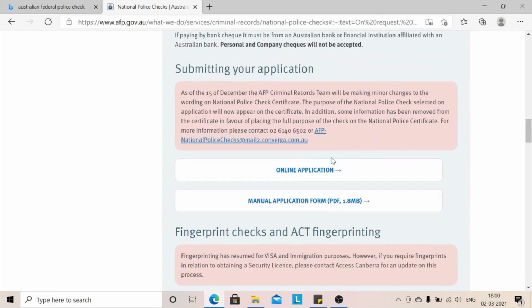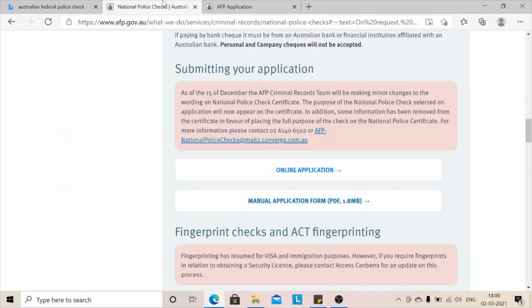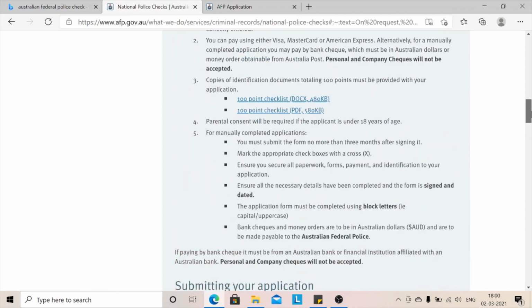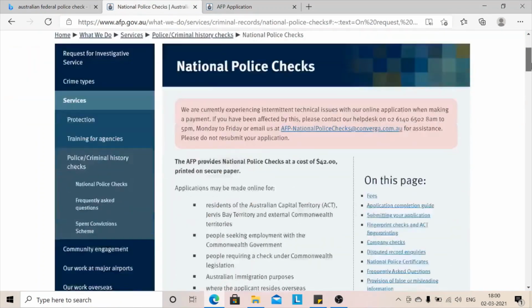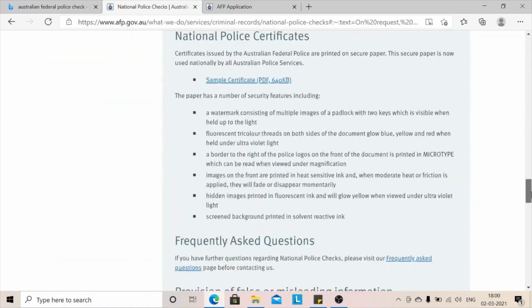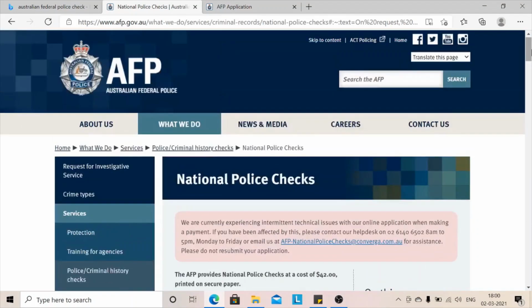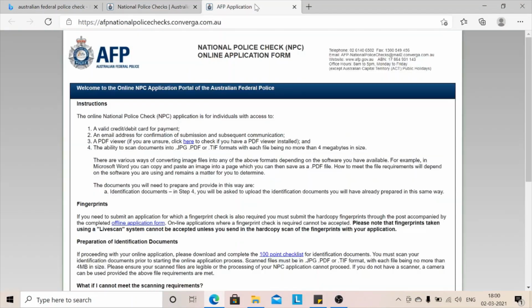Okay. So just press on online application. Before going to that, read everything about the Australian AFP, because you also need to know what it does and what it says, right? So if you come here, this is our application form, and I'll provide the link of this application form in the description box.